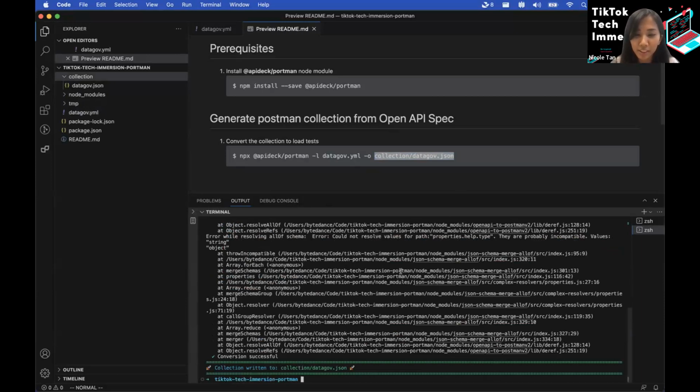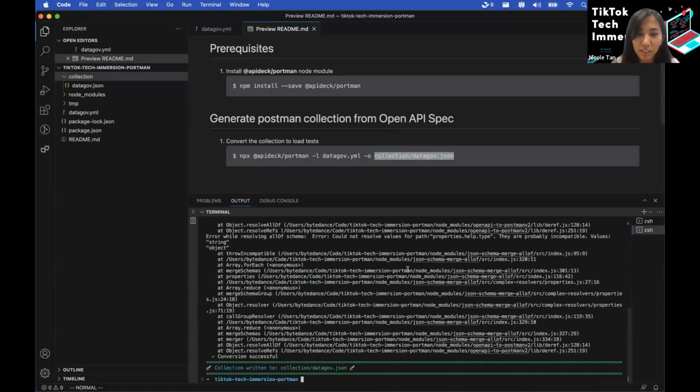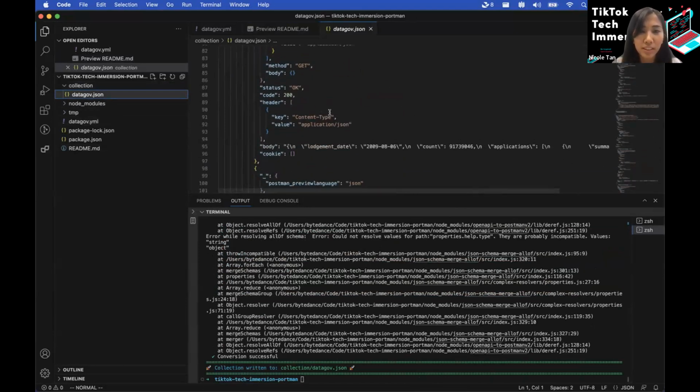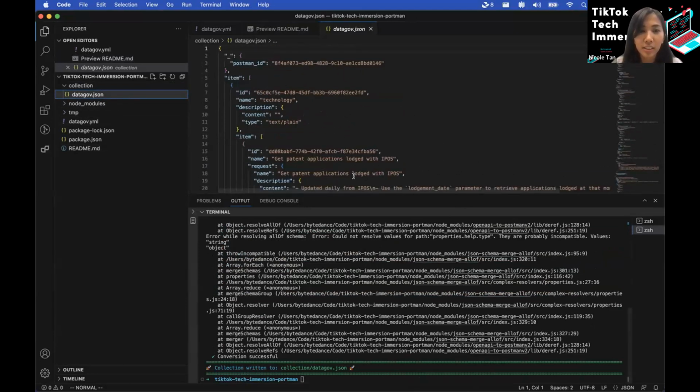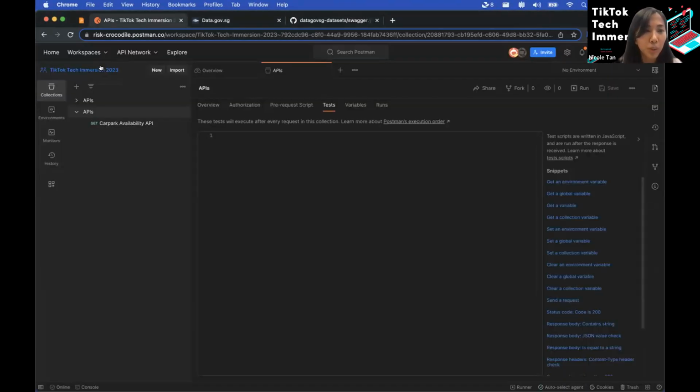Okay, there are some errors, but it's fine because I guess they didn't design the YAML. Maybe some parts didn't meet the OpenAI spec or what Postman is expecting, but it did generate this JSON file. So this JSON file, we can actually import it in Postman. So just import